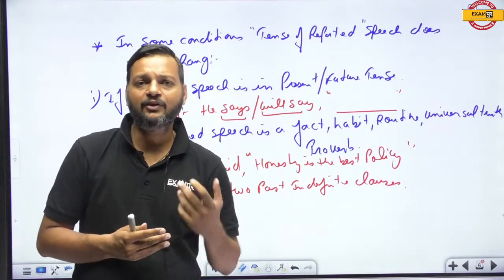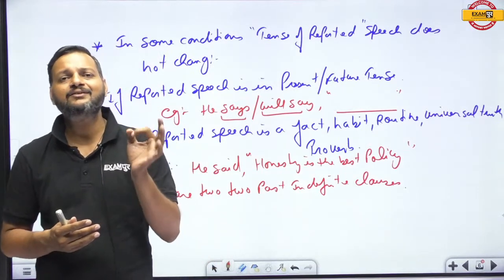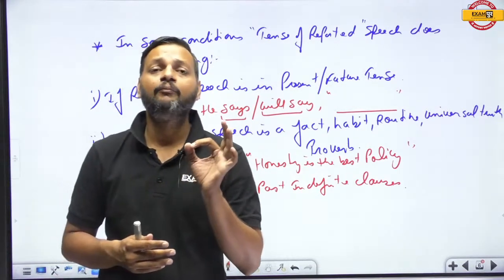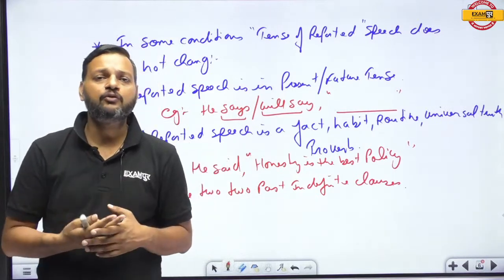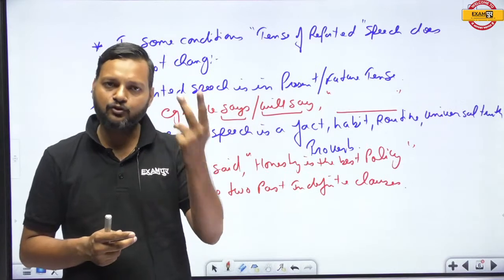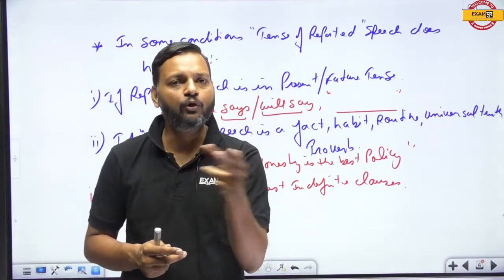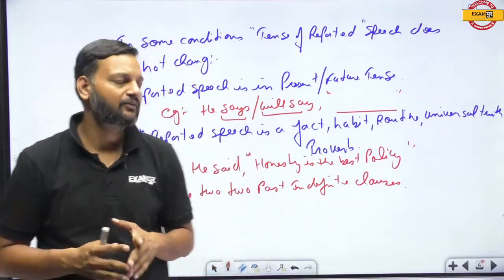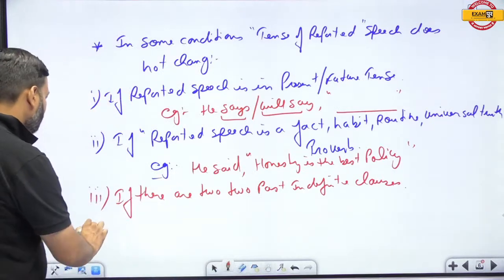When we change a direct sentence into indirect, a past indefinite clause changes into past perfect, and two clauses of a sentence cannot be past perfect. Okay, if a sentence has two clauses, both the clauses can never be in past perfect, so that's why you cannot change. And fourth point is,